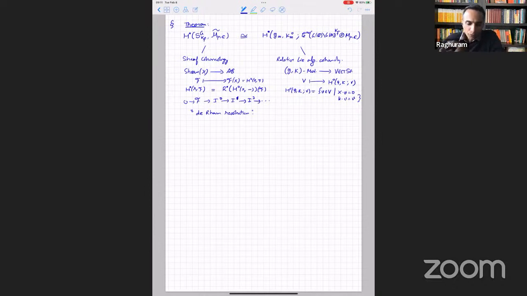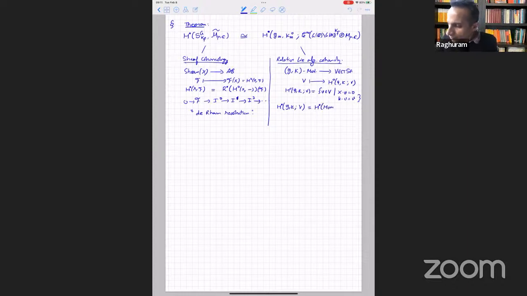Taking invariants under the group, what you do with groups, now you do that for the compact group K, and for the Lie algebra, fixing becomes killing. And again, this is a left exact functor. You take its derived functors and you get the corresponding cohomology theory, called relative Lie algebra cohomology. To see the relation between these two, one can identify, again by choosing one of your resolutions to compute that cohomology group carefully, the relative Lie algebra cohomology as the cohomology of a certain complex. The complex is given as